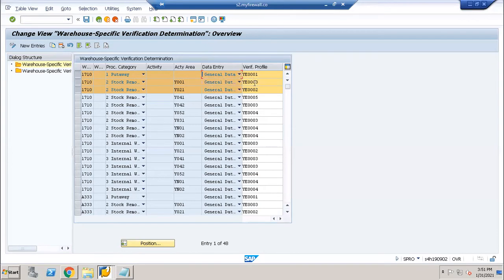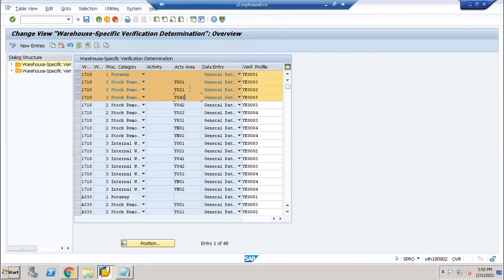Verification profile will be different, okay, based on the definitions. Here, the activity area will be different. Verification profile will be different, right? So all this depends upon your specific activity area needs.